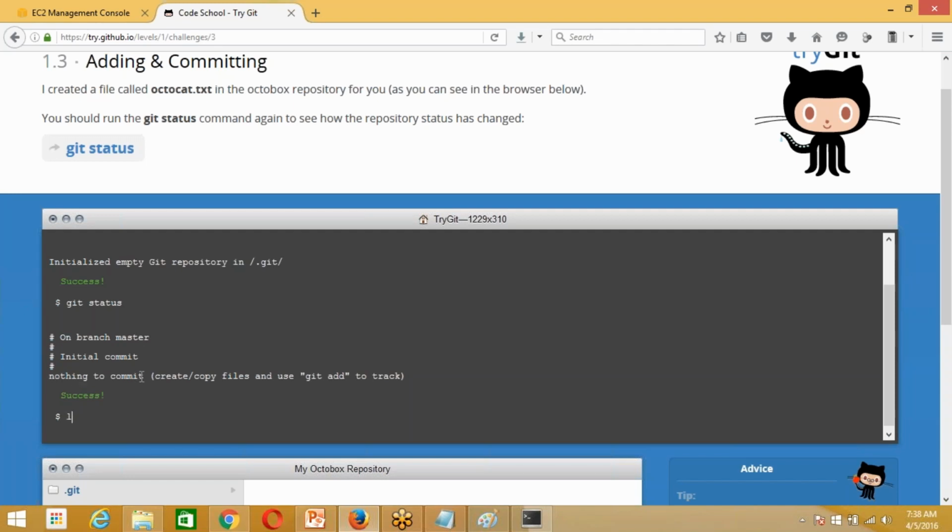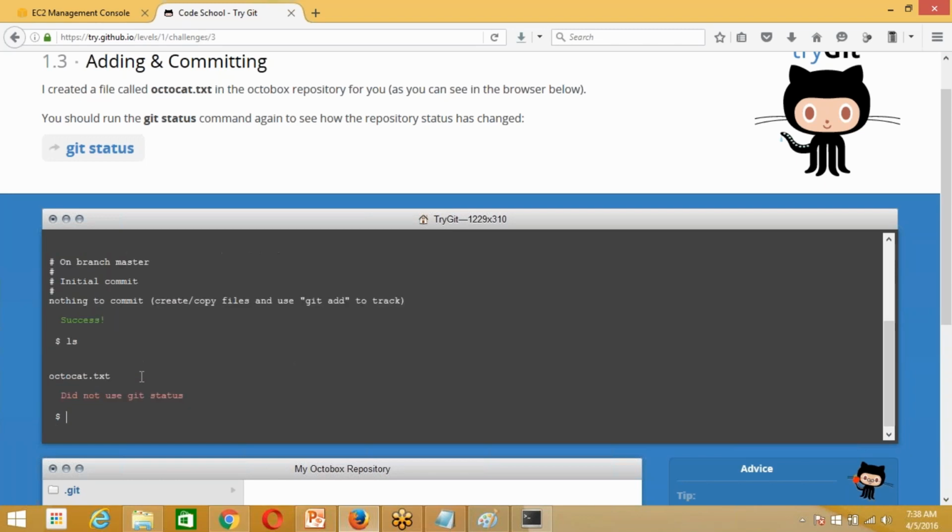Because if you say ls, we have one file here, but it is not added to the project we created. We have to add this file, then only we can commit it. So it is saying nothing to commit, and you can use git add to track that.